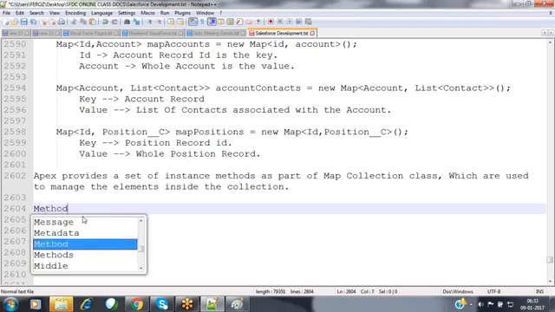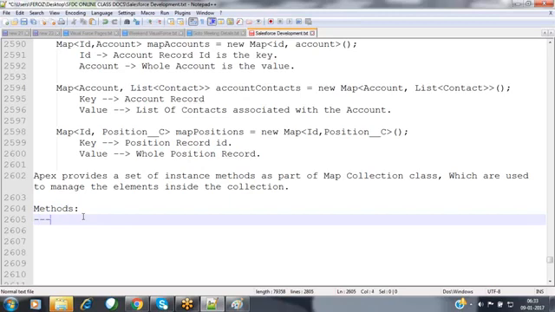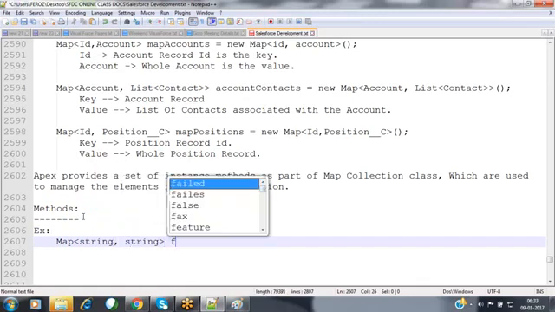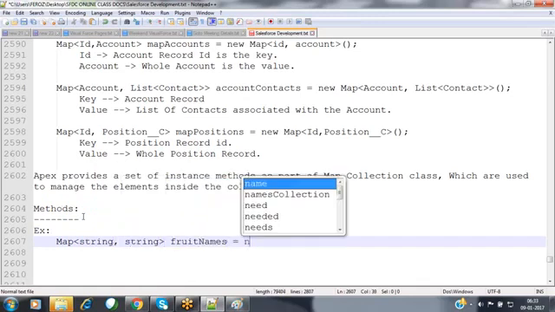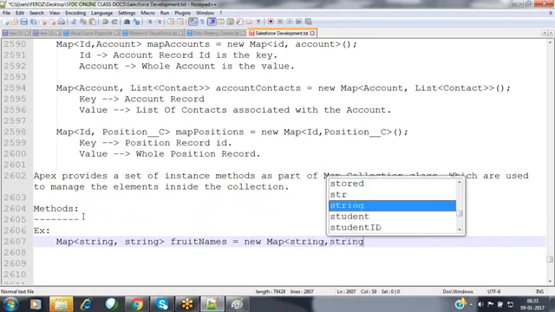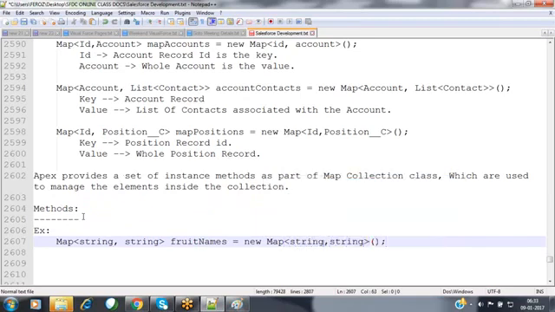For example, I'm defining a map collection here. Map of string, comma, string, some fruit names equals to new map of string, comma, string. For every fruit, I would like to take two properties.